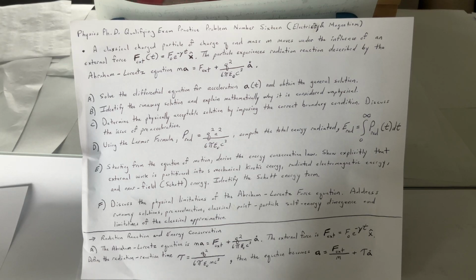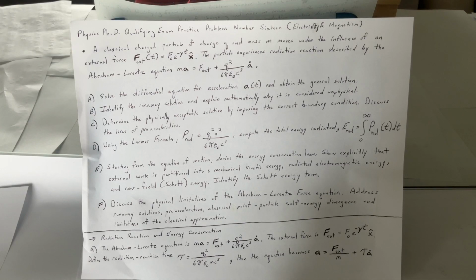So beginning with part A, prerequisites here for part A. The Abraham-Lorentz equation is ma = F_ext + q²/(6π ε₀ c³) ȧ. The external force is F_ext = F_0 e^(-γt) x-hat. And if we define the radiation reaction time τ = q²/(6π ε₀ m c³), then we can make the equation a = F_ext/m + τ ȧ. So from here, what we can do